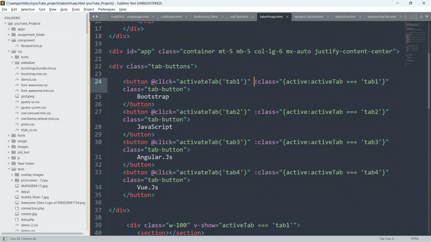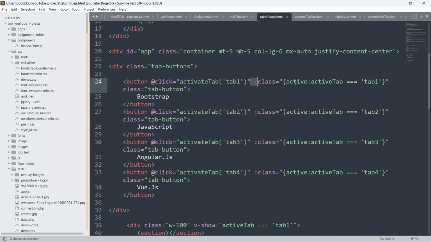Here we are applying dynamic classes based on the active tab, and here also, and here also, and here also. I have used v-bind just to bind this class to our button, because as you all know, the colon is the shorthand for v-bind. Always remember colon is the shorthand for v-bind.